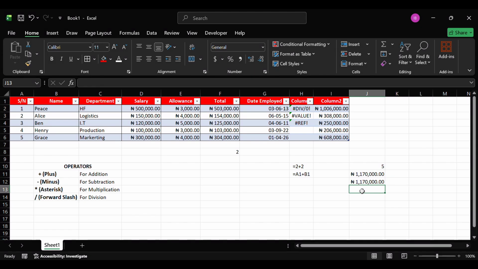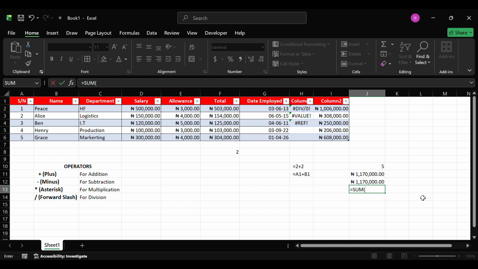Remember, the equal sign alerts Excel that you are going to make a calculation. So equal sign, and then call on the function that you want. So I want to add up some numbers. So the perfect function to add up numbers is what? The sum function. So I type the sum function, and after that